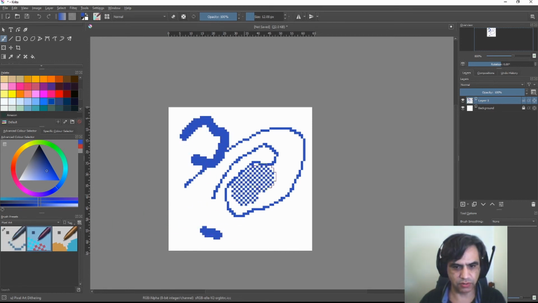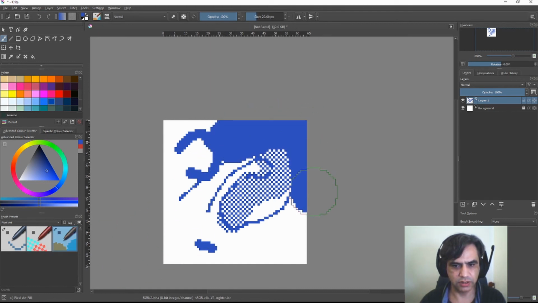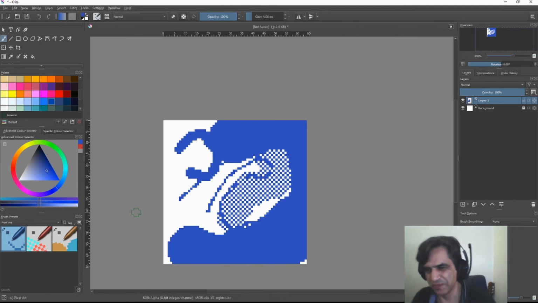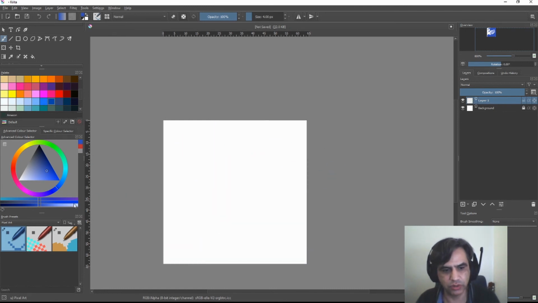You have this that creates shadows. This is very common for pixel art. I don't use that often. Or you can use brushes, like something to paint. But to be honest, I only use this. First, because I don't like that much. It's not my art style to do shadows using this, but it's only a matter of your pixel art. So I prefer to do something like this.